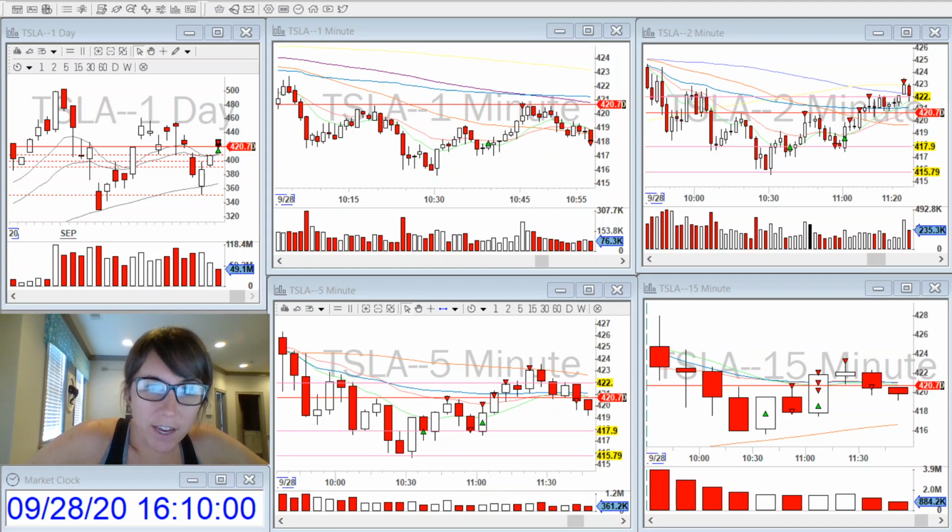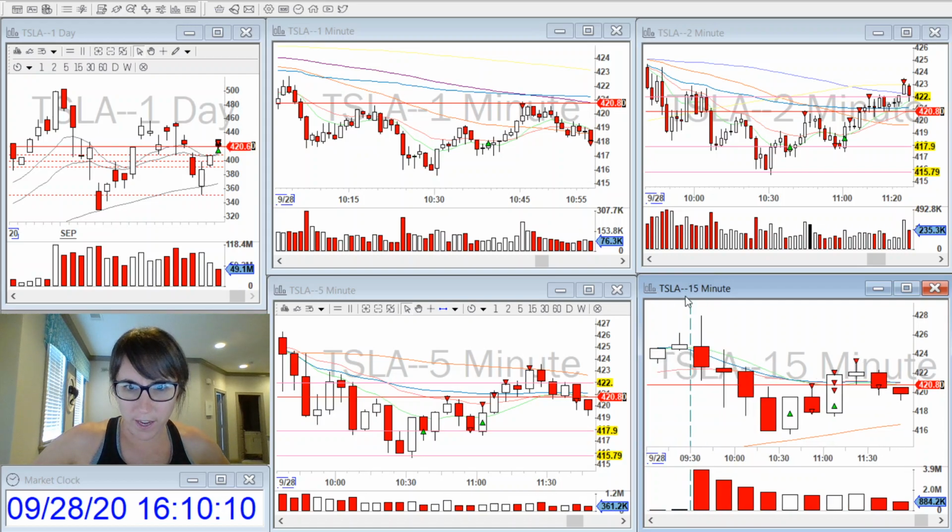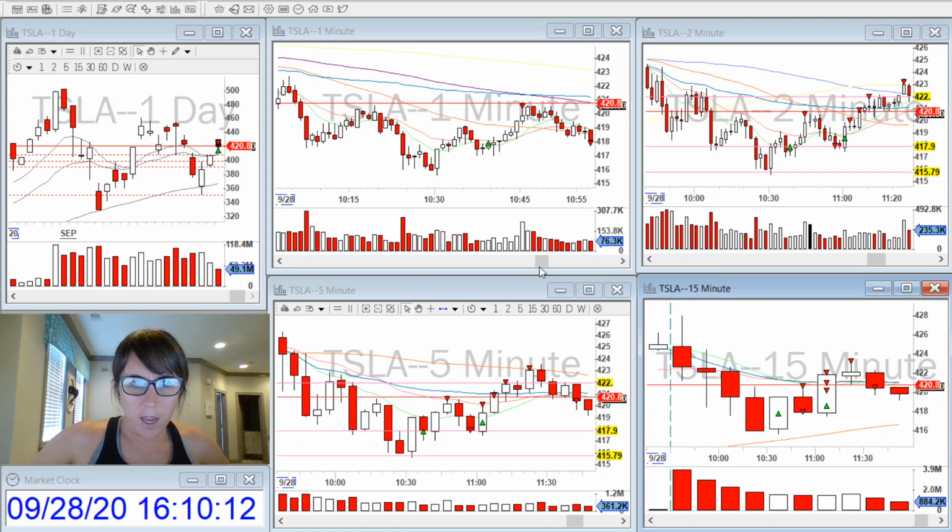Surprise, surprise, I traded Tesla today. I sold off this morning and I saw that it was putting in a bottom. As you can see right here, I have some daily levels marked for 417.90 and 415.79. And it came down and tested this first 417.90 level with some nice volume, came back up, tested the moving averages,